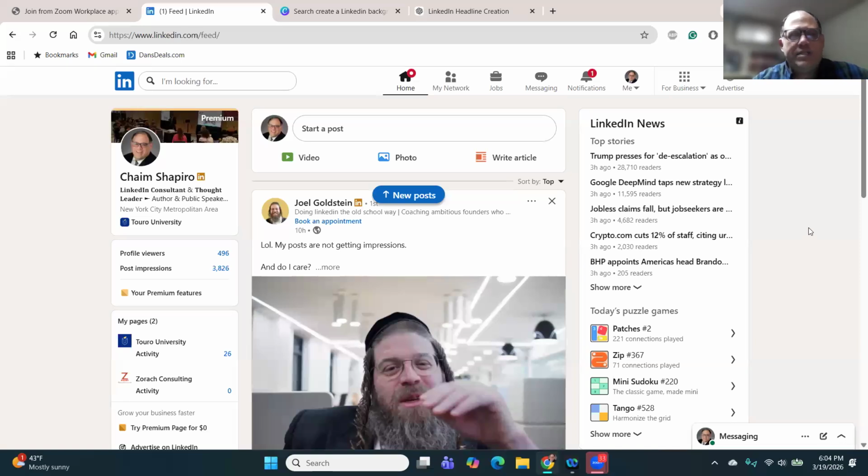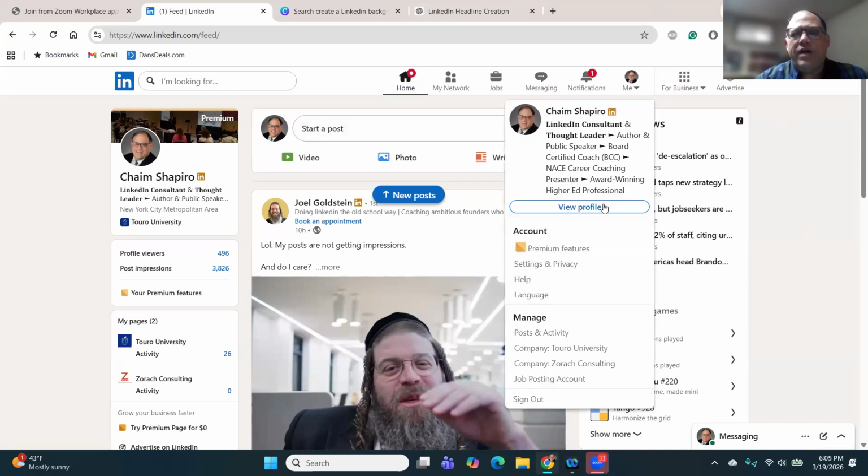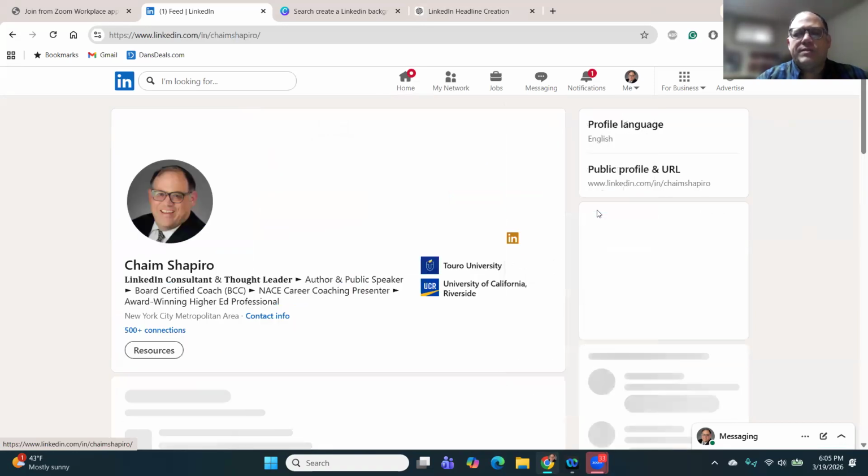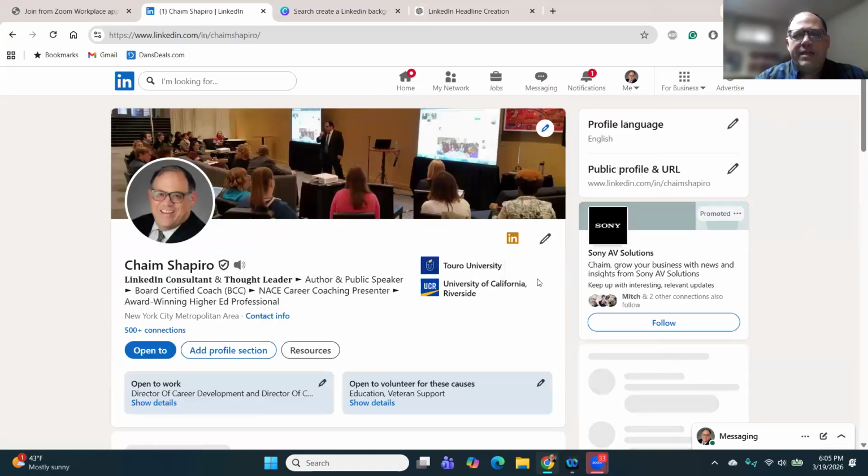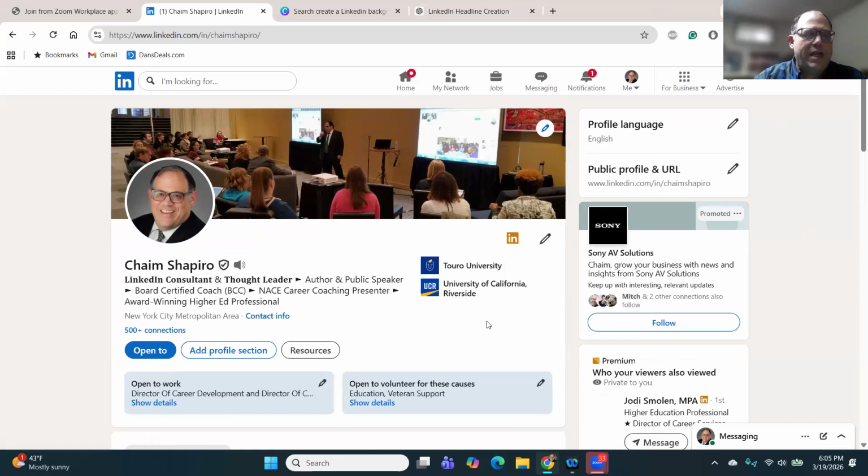The easiest way to get into the edit mode of your profile is by clicking on your picture, which is right up over here. But what I try to normalize is to go to this little Me button over here, click on that, then click View Profile. There's a bunch of other options here, and it gives you the opportunity to do more things if you get accustomed to going in over there. This is the edit mode of my profile, and don't worry, I had a client once who was worried that anybody could access their LinkedIn profile edit mode, but obviously this is password protected and it's only accessible to you when you've actually signed in.